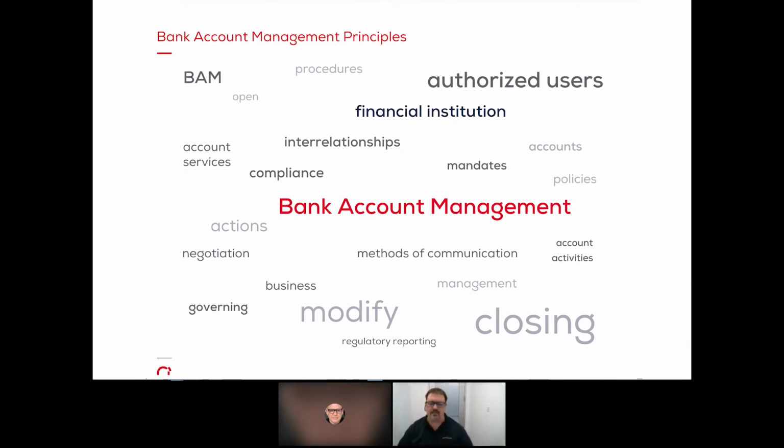We quickly realized that there are many different definitions of what people think bank account management means, and so that task force developed a definition of bank account management that I have up here on the screen. It consists of the policies, procedures, and actions to open, close, and modify bank accounts that a business holds with its banks. This includes the negotiation and management of services and fees, the mandates or the contractual agreements governing those accounts,